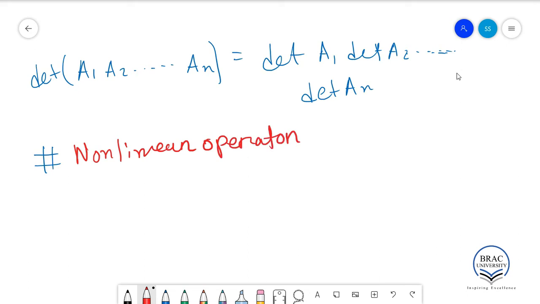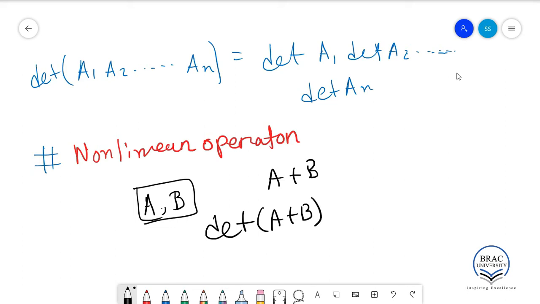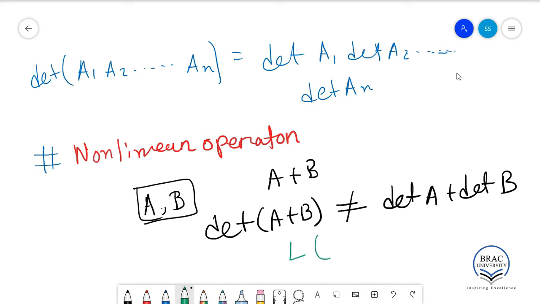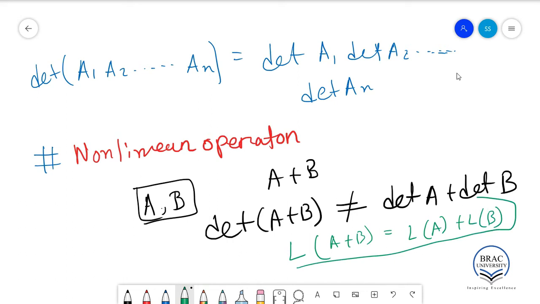What do we mean by a non-linear operator? Let's say you have a matrix called A and another matrix called B, and you have A plus B, another matrix, right? Now determinant of A plus B will not be equals to determinant of A plus determinant of B. This is what we mean by non-linear, that is, it is not behaving as a linear operator. Recall that any linear operator will satisfy this. Let's say I have a linear operator L and it is acting on, let's say, matrices A and B again, so this will be true. So this is the condition for a linear operator,